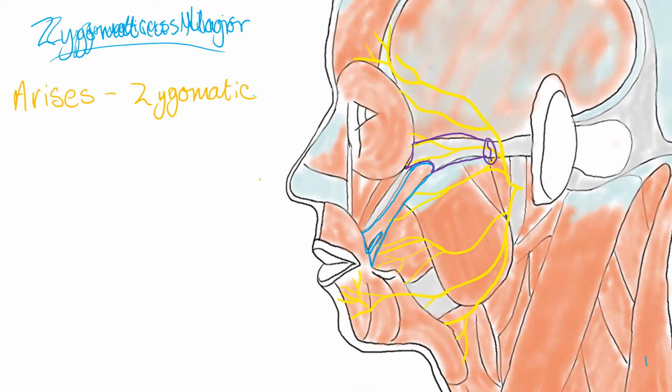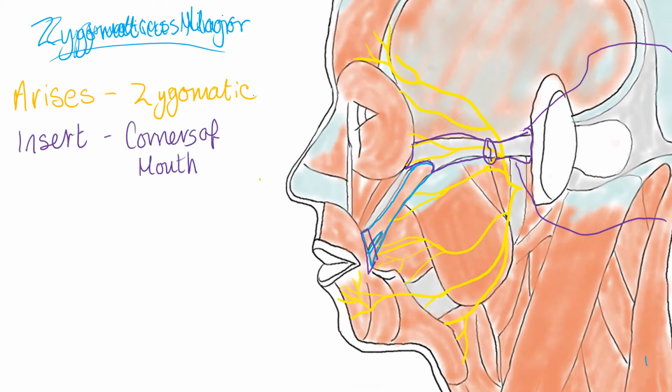lined in purple, and the temporal bone, which is here, and the temporal bone travels all the way around here like that. Then the muscle travels down and inserts into the corners of the mouth. Now, this helps with its action. So Zygomaticus major acts to draw the mouth upwards, and this conveys the facial expression that you showed during laughter,